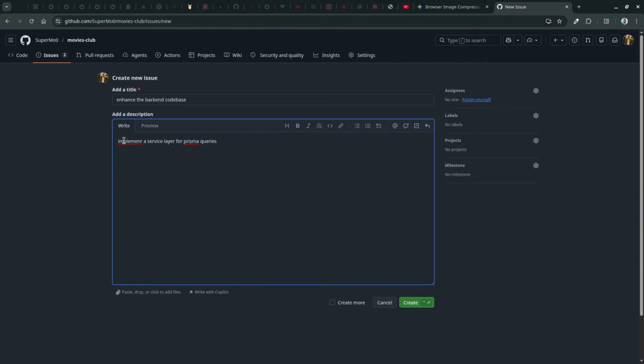Why? It's going to be markdown. How did we do markdown?